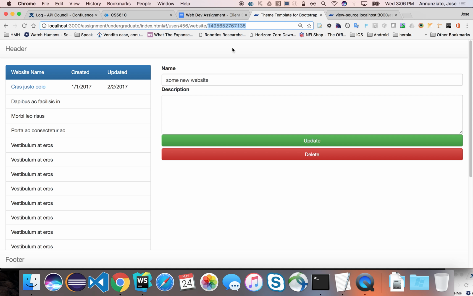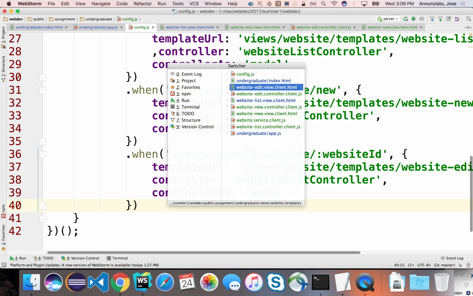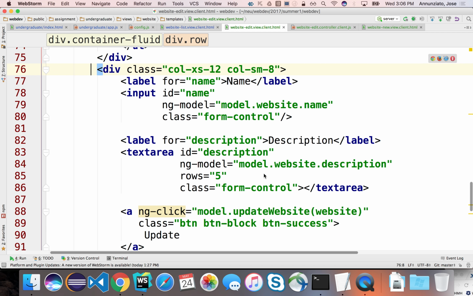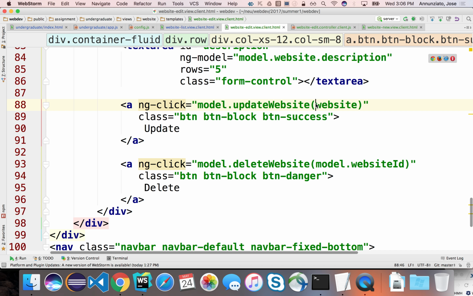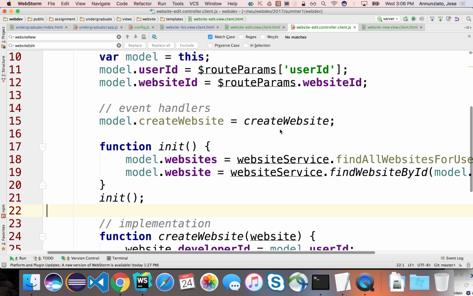Now the update would be, in the template, we would pass the model website, even though it's already in the model. But again, to follow the idea that we want a well-curated interface between these two artifacts, let's pass it as an argument to the function. In the update website, in the controller,